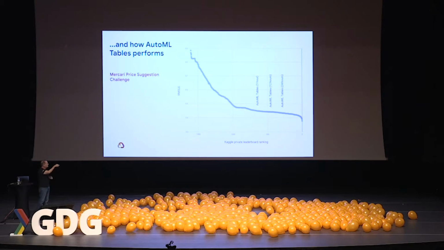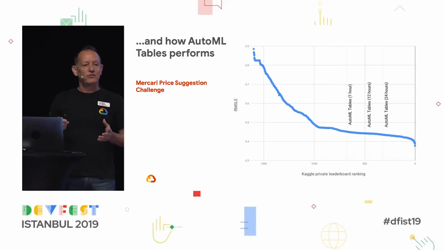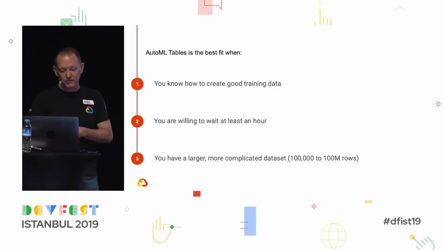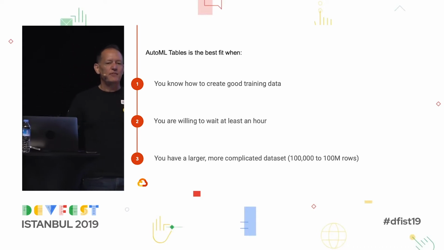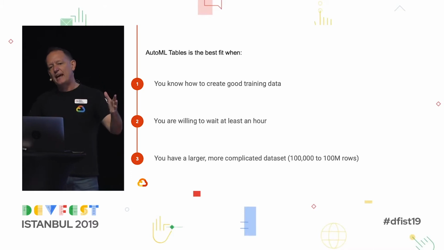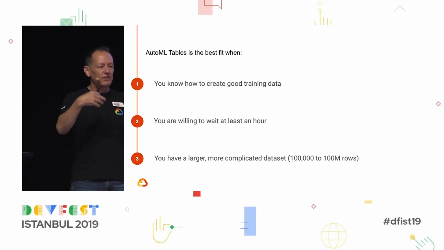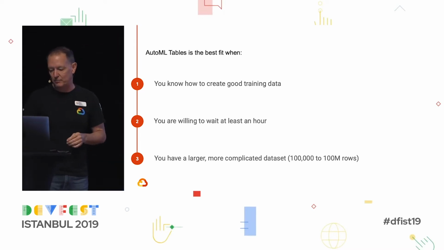And you see even the 1 hour model was already at the plateau level. So those 1 hour training models can yield extremely high quality predictions from your data without having to become an expert in all those subjects. And AutoML Tables is great if you really want to have at least 100,000 rows of data. We currently have it capped at 100 million rows. There's no fundamental restriction on that, actually. So if you need more than 100 million rows, talk to us, and we can probably make that available for you.